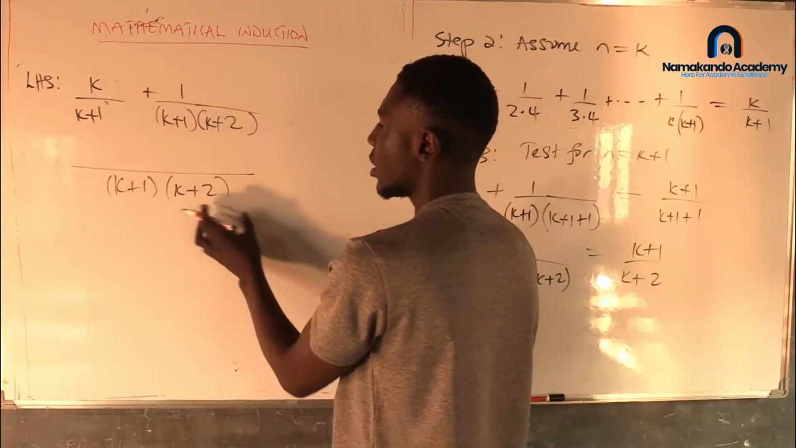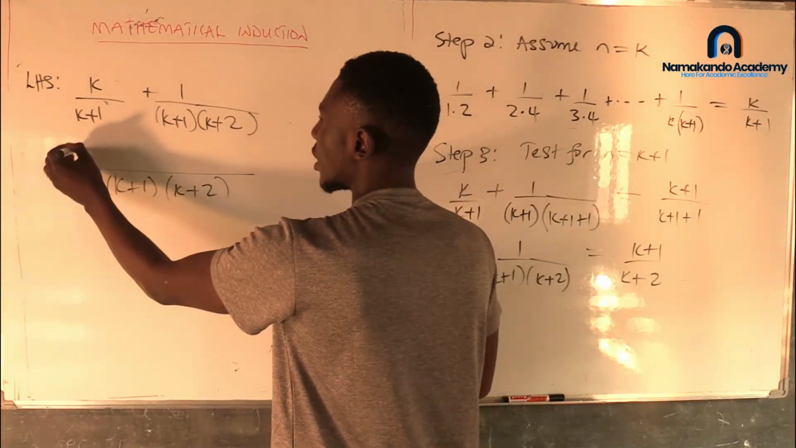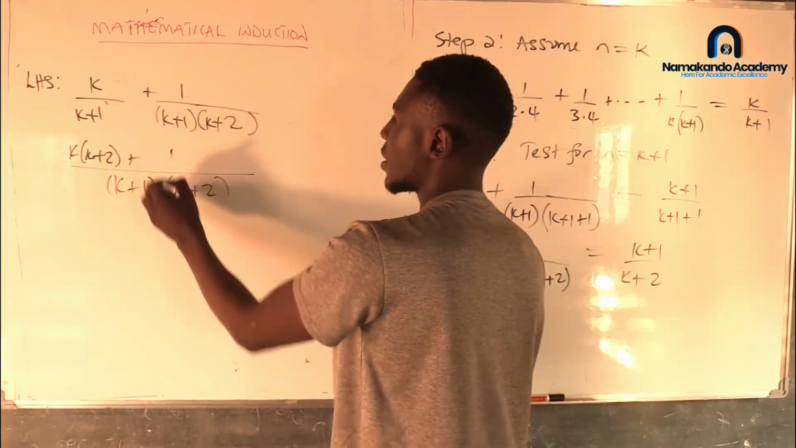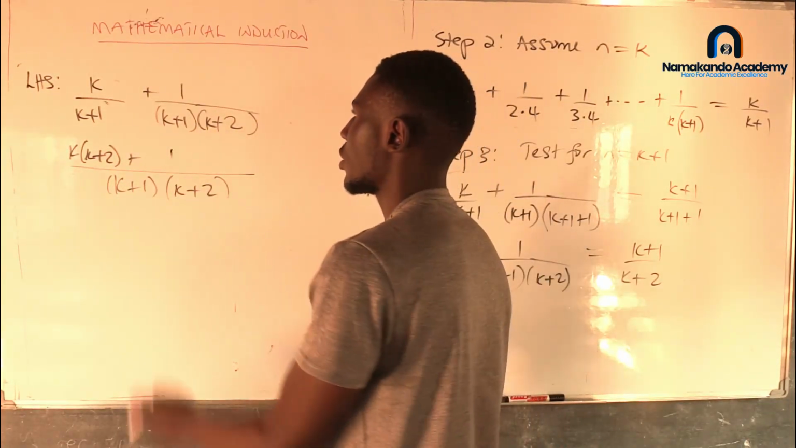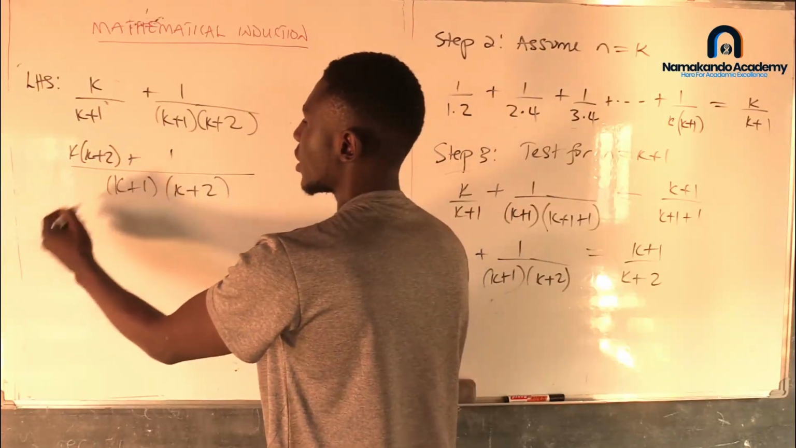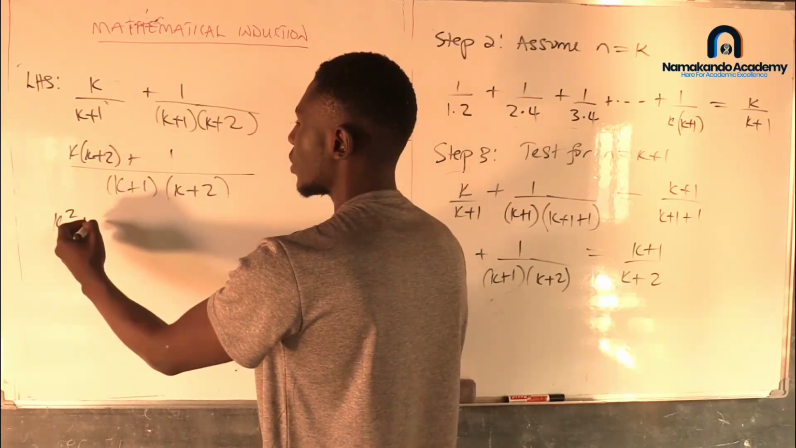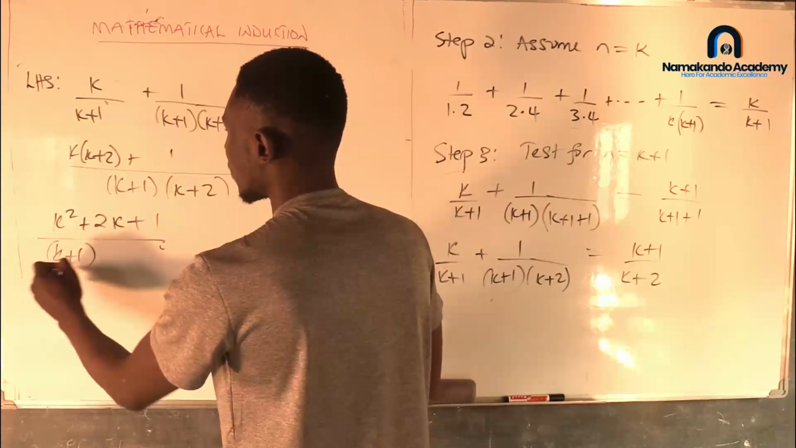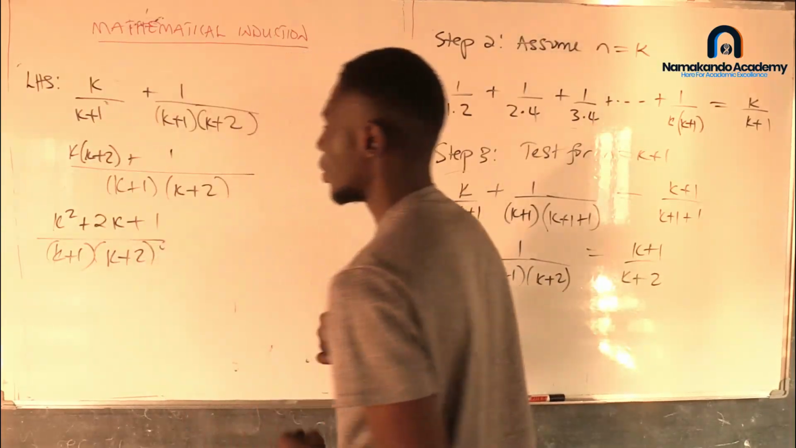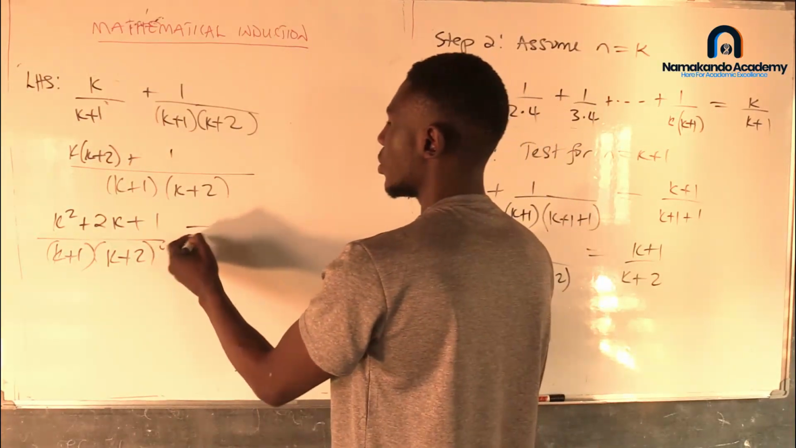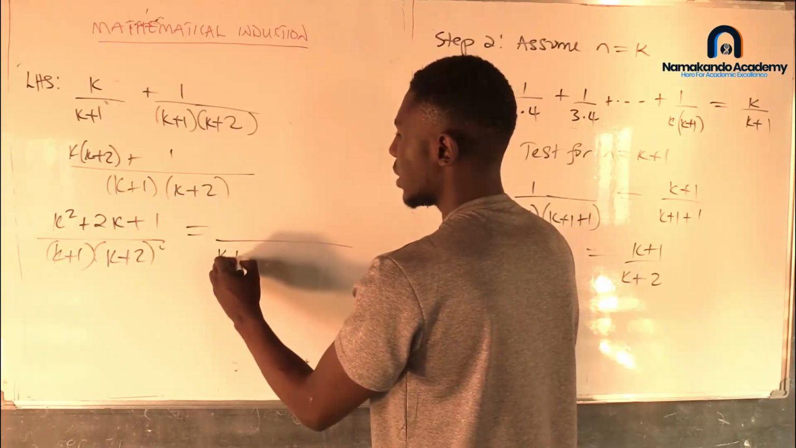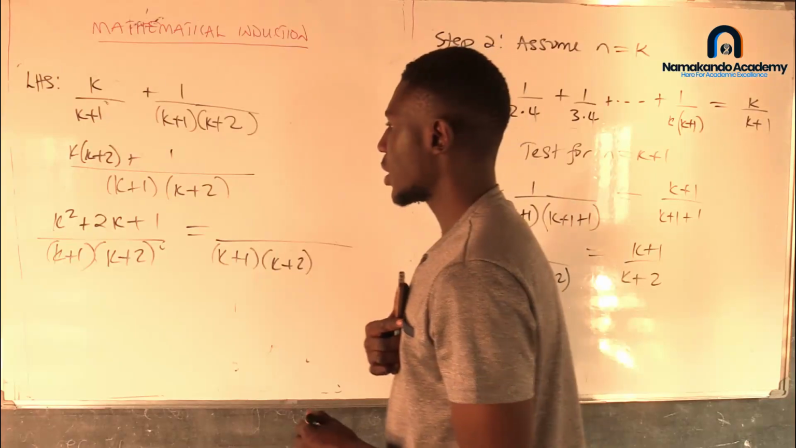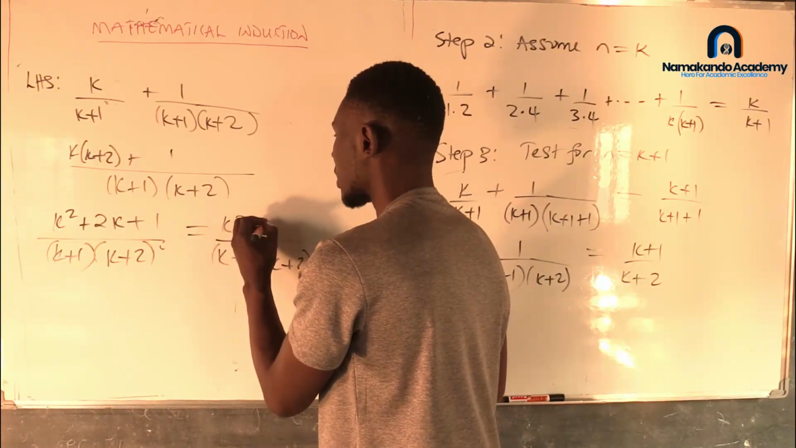Now k plus 1 into everything to give us k plus 2, which will multiply with k on top, then plus this into everything, which just gives us a 1 as we multiply with the 1 there. Then k times k gives us k squared, plus k times 2 gives us 2k, then plus 1, over k plus 1 times k plus 2. Okay, so this simplifies to, the denominator is maintained. Now for the numerator, this can be expressed as k squared plus